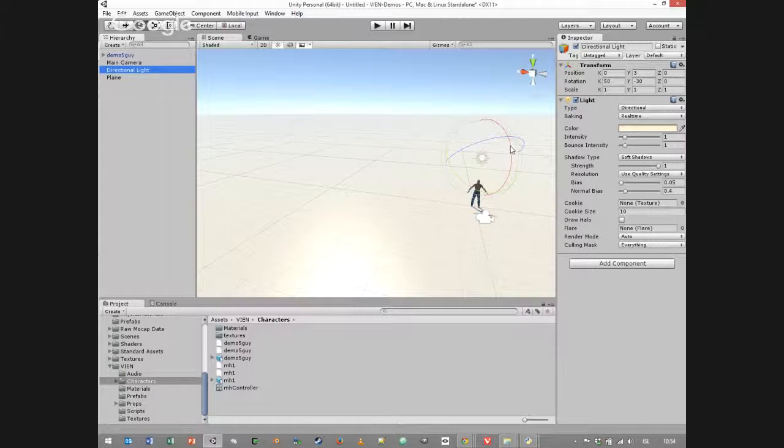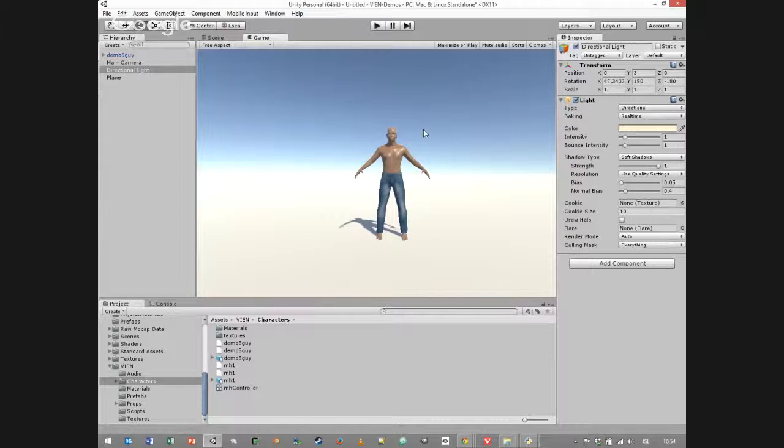Change the light. So here he is standing there. He is already rigged, so he has the skeleton inside. We don't see it, and he has the model, but he has not been associated yet with the Unity animation